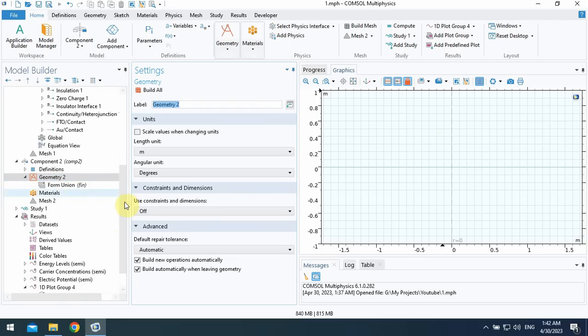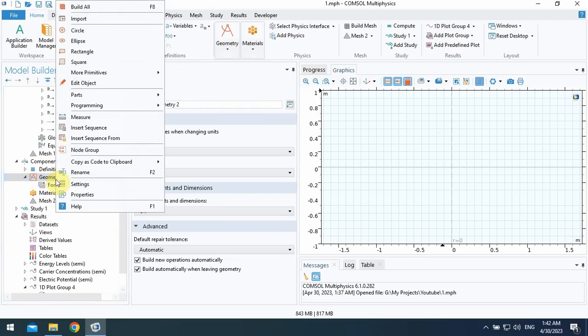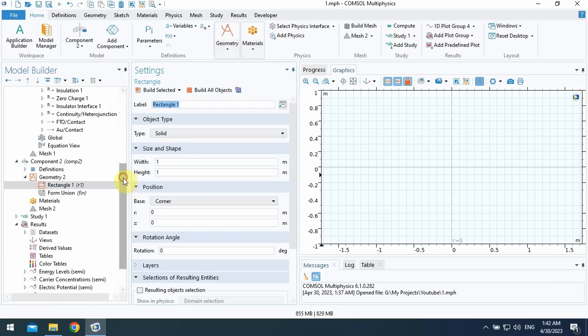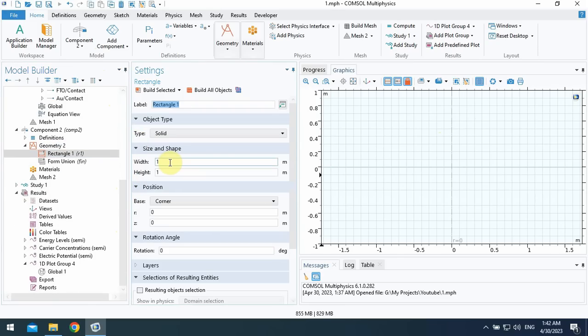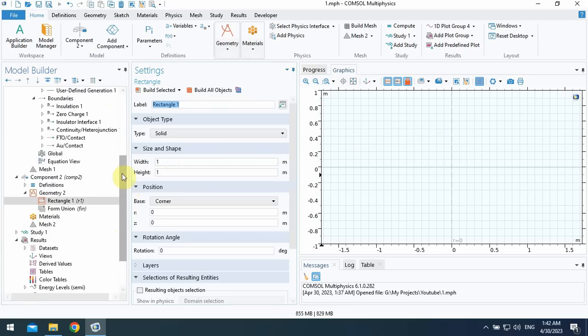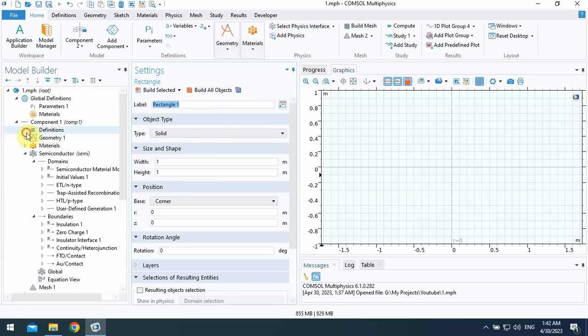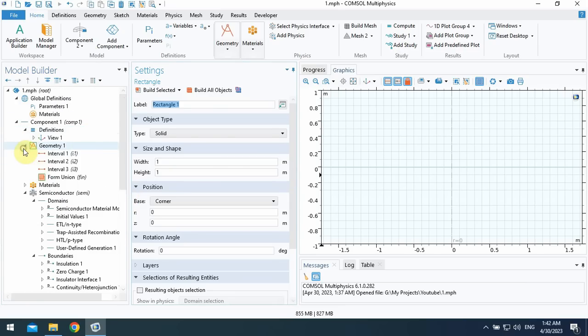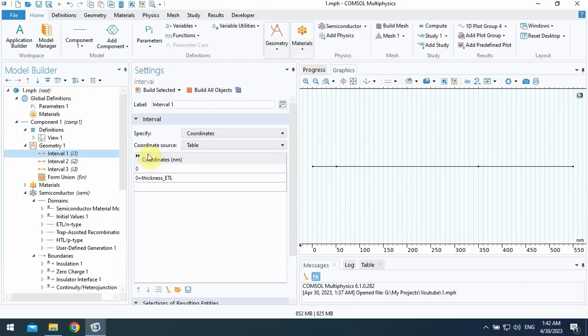Here I right click on geometry 2. I use a rectangle and I must select width and height. I go back to the previous data. Here